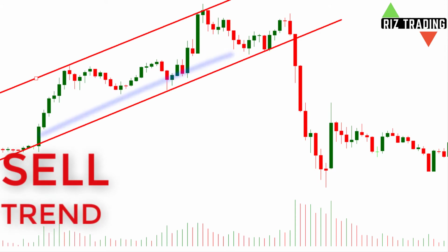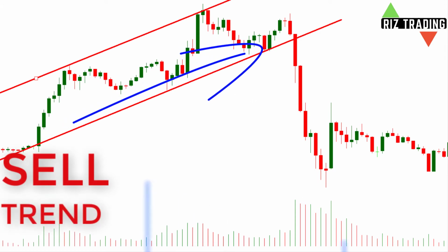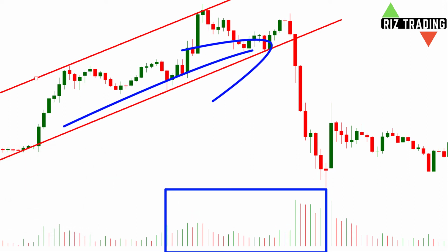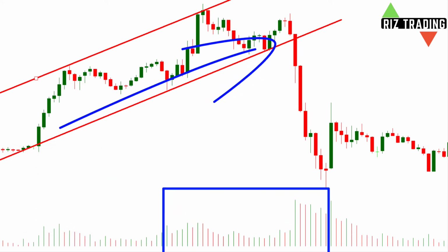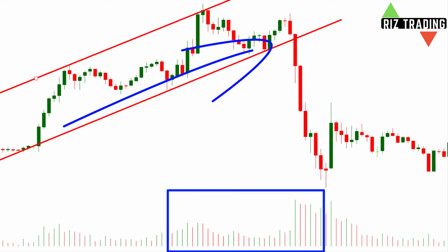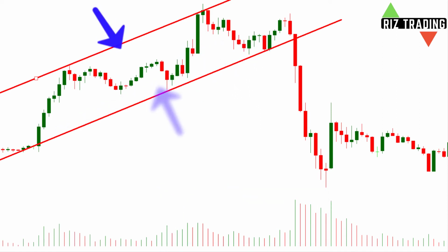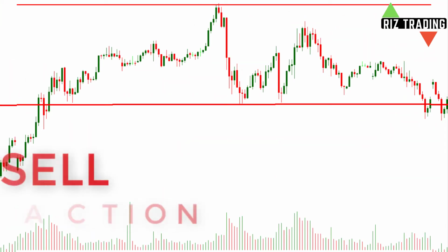Sell signal. When the market is in uptrend and suddenly the volume starts decreasing, then it's a signal that the buyers have lost their power and the sellers are getting stronger. Now we use one method as a validation according to the market behavior. If the market is trending, then we will draw trend lines on highs and lows of the market. When the market breaks the lower line, we will start placing our sells,